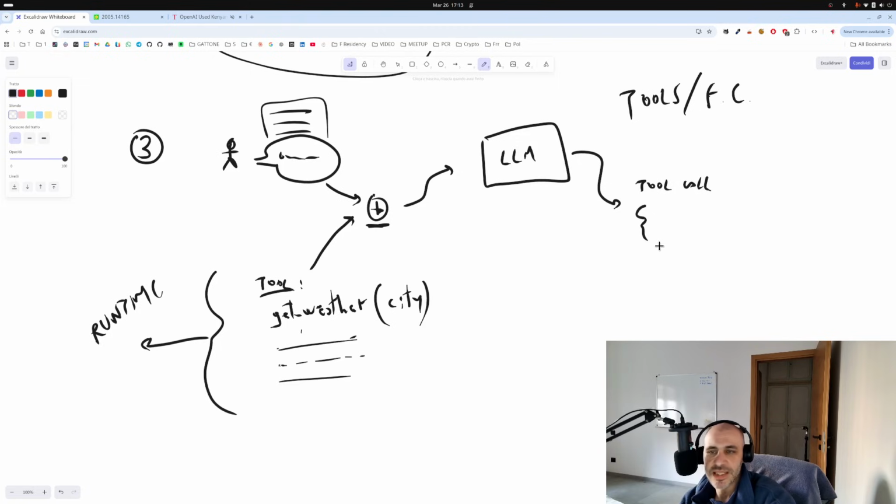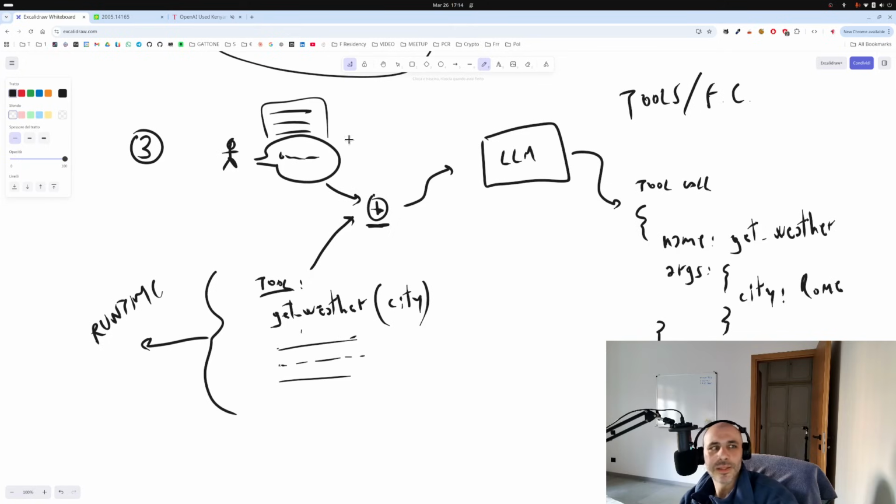It's basically a JSON with the name of the tool, in this case getWeather, and a list of arguments: city equals Rome. This is a tool call.